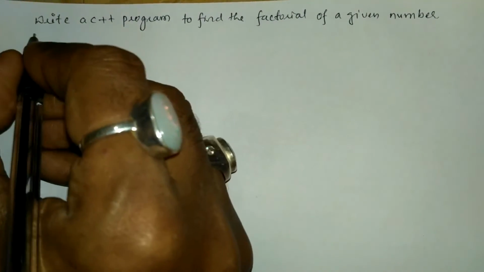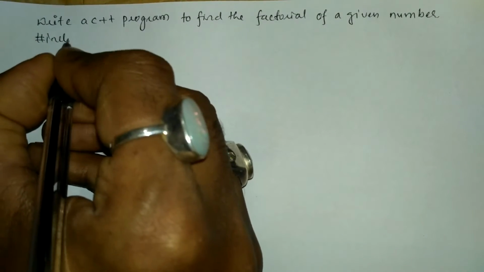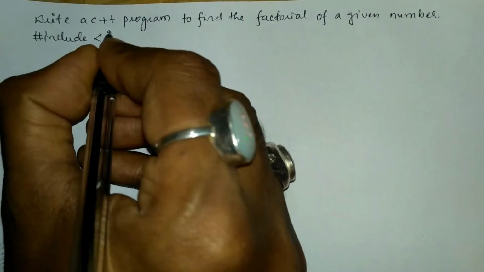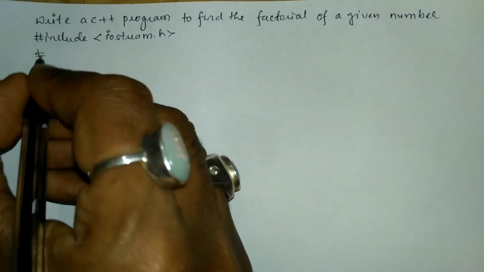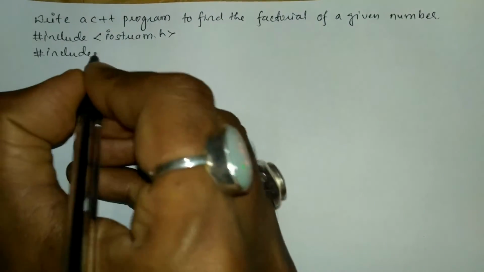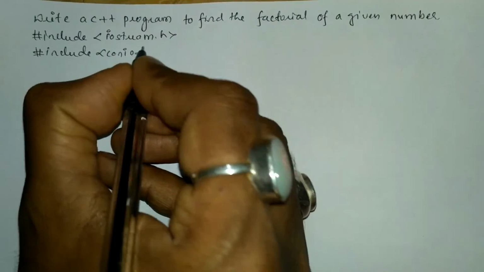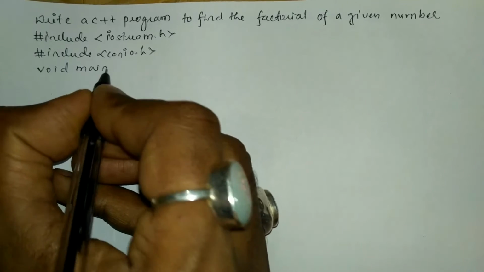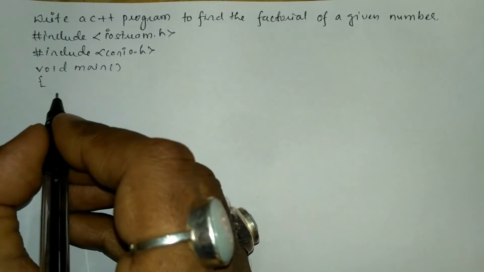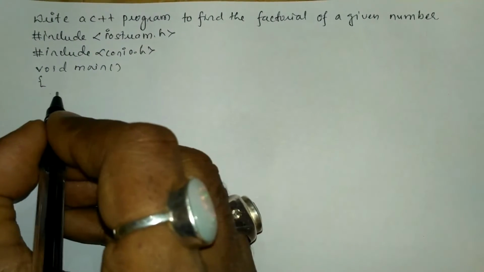Let us write the preprocessor directives: hash include in angular braces iostream.h header file, and the next preprocessor directive is hash include in angular braces conio.h header file. Then I'm going to write void main function, curly open brace, and here in the declaration section I am going